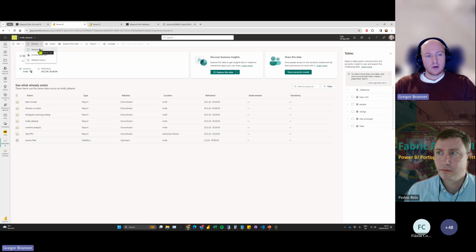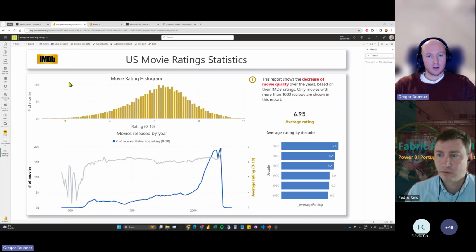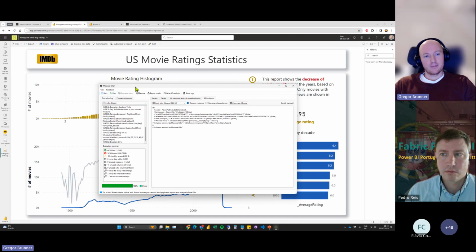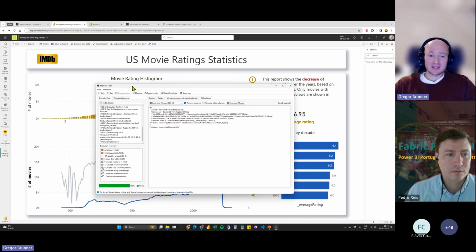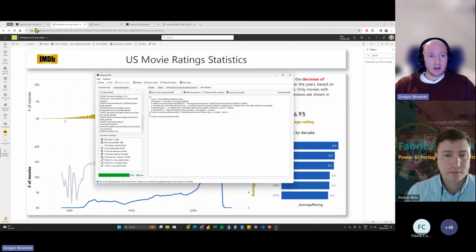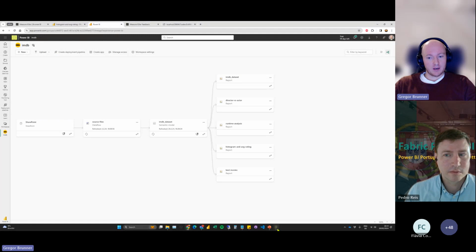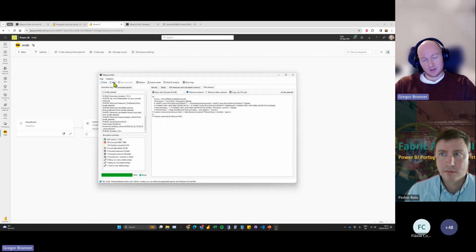And then I can also do a refresh if I want. But of course, I can also double check that all the reports are still working, right? That's maybe the most important thing that everybody would do. But that's basically the second approach. So like I said, you need some paid external tools, but still, this is pretty advanced stuff, right? But it's possible. It's really amazing that we can even do that, I think. And then, yeah, it's maybe not a surprise that not everything is free to use.